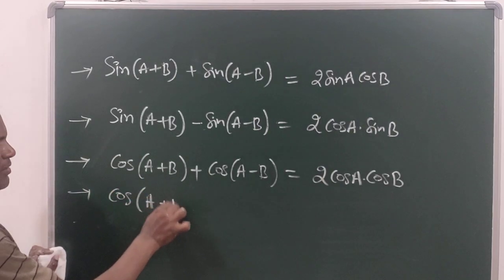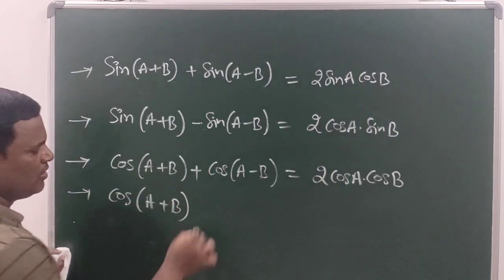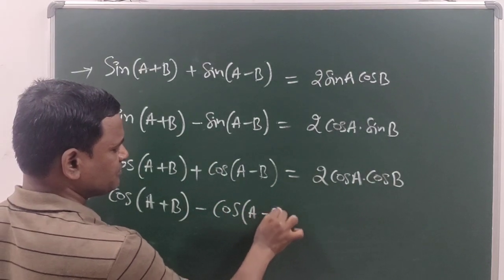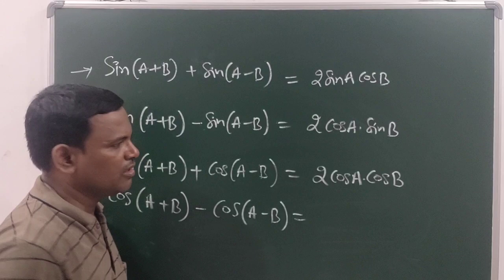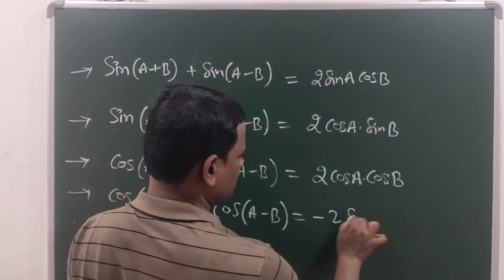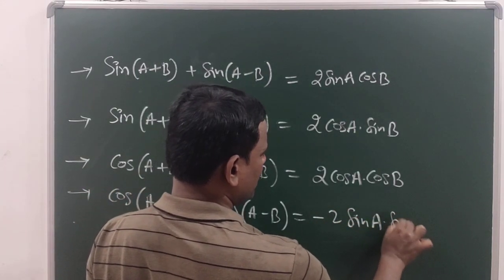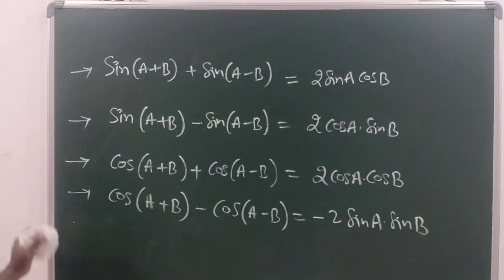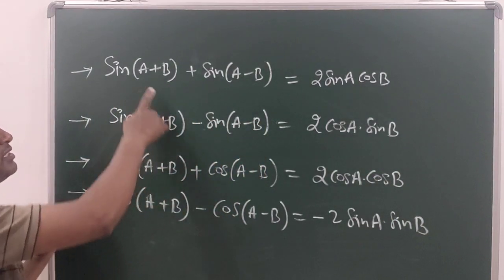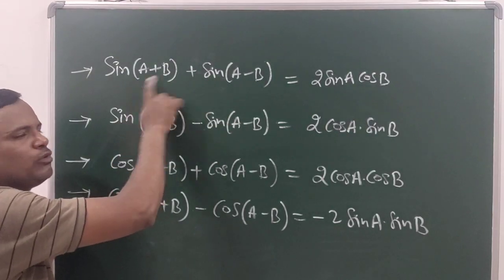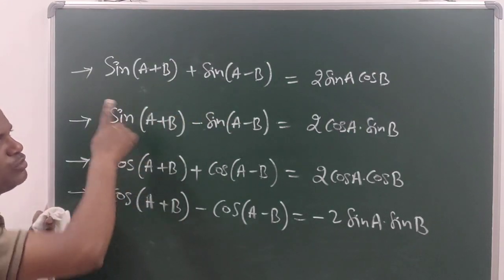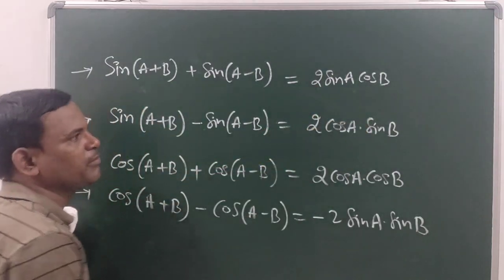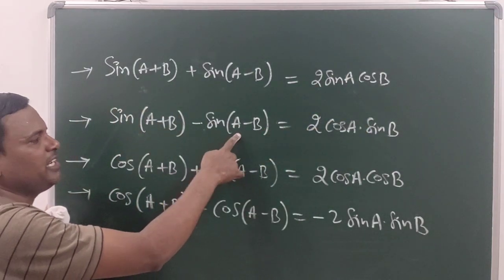Cos A plus B minus cos A minus B. So minus 2 sin A into sin B. Okay, students, I hope you have understood this. Sin of A plus B plus sin of A minus B, you know both expansions, and write those two expansions and add them. Finally, you will get 2 sin A sin B, and sin A plus B minus sin A minus B, which